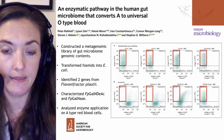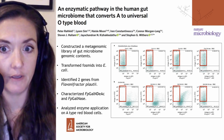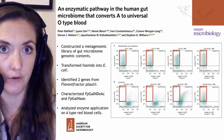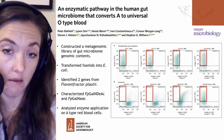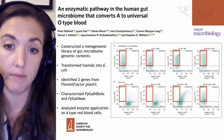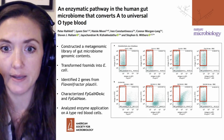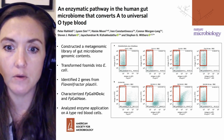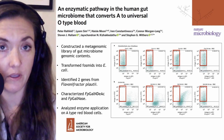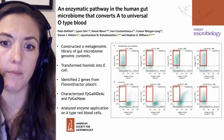You can see in the first graph of panel B that most of the sample is found further to the right on the x-axis, indicating that they have that A antigen, type A red blood cells, and that very few are in that boxed off area. The red boxed area represents the type O blood cells. This is using one of those enzymes that I told you is already known that can convert, an enzyme called GH109 from Elizabethkingia meningosepticum,